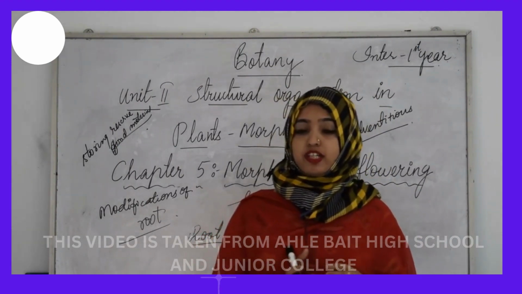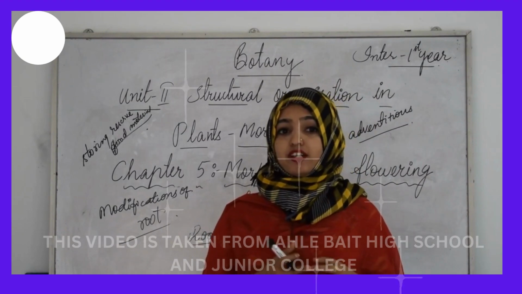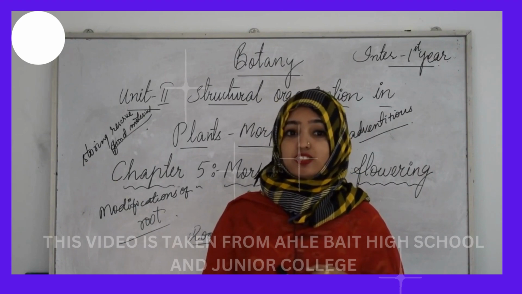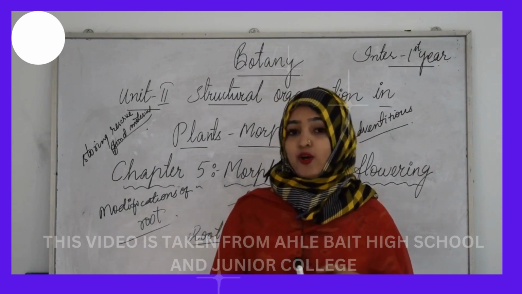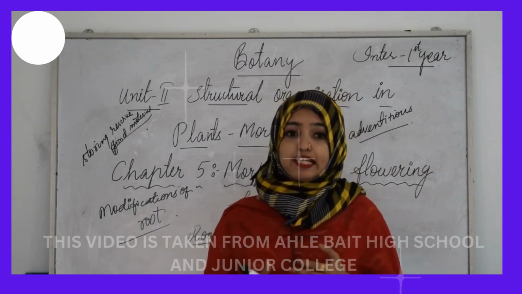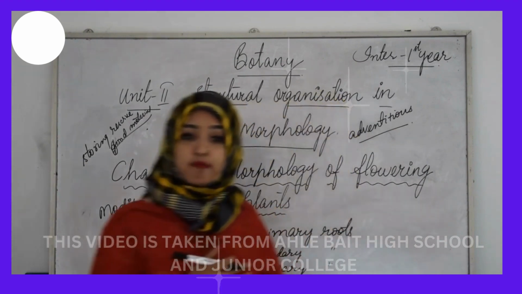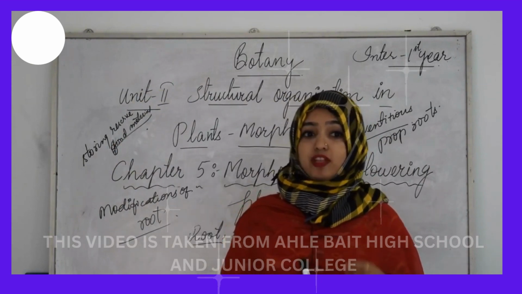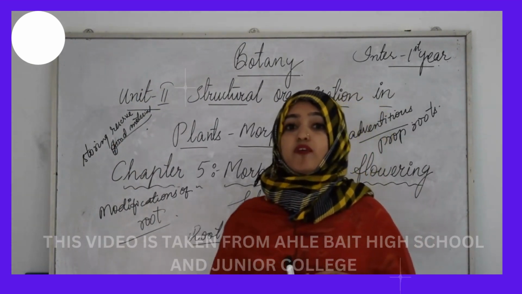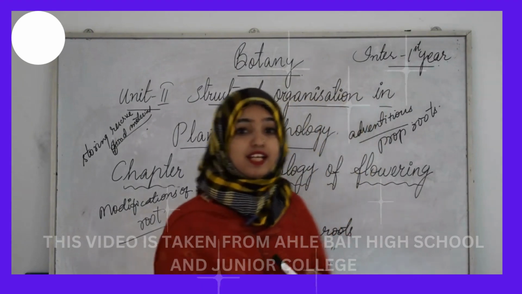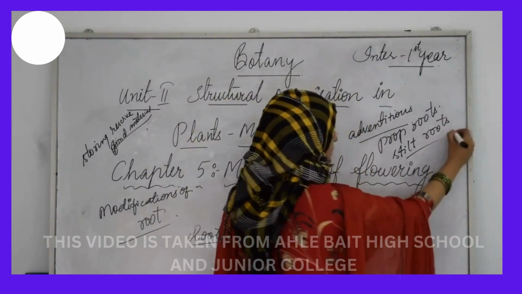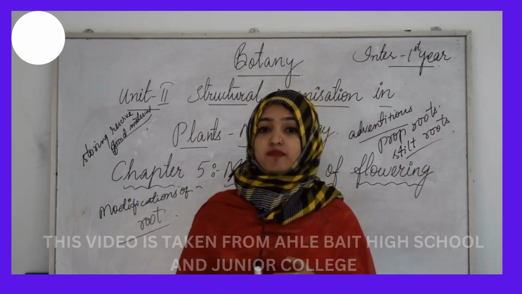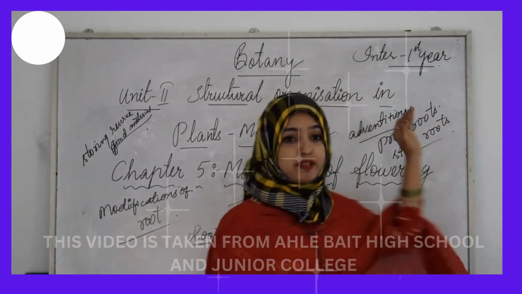If we proceed forward, let me ask you one thing: have you ever wondered what those hanging structures are that support a banyan tree? I hope you have witnessed that, right? So what are they? These are called prop roots or pillar roots. Similarly, the stems of maize and sugarcane have supporting roots coming out of the lower nodes of the stem, and these are called stilt roots. We can easily see them on the sugarcane, small hair-like extensions from the nodes of the stem, and they are termed stilt roots.